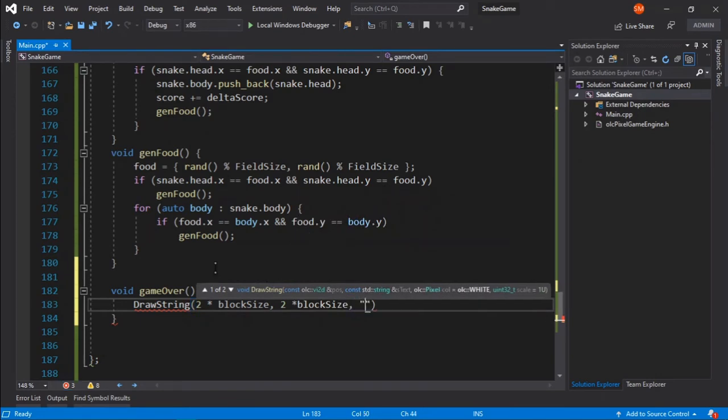I will just modify this as needed. And the text will be game over. Something like that.